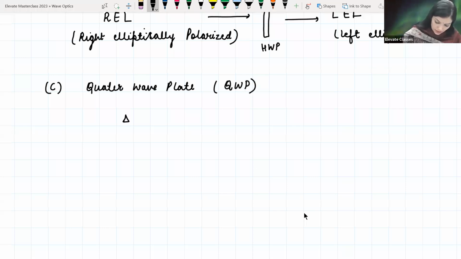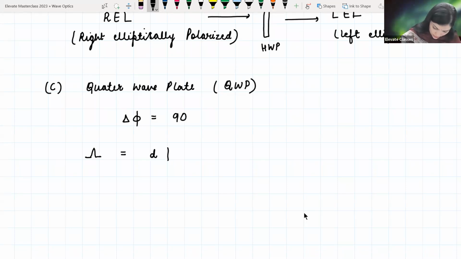So here del phi is equal to what? 90 degrees. So it is 1/4 of the total 2 pi. The 2 pi का 1/4. Quarter is 1/4, right? So that is how you can remember the names. Half wave plate is half of the 2 pi. So del phi is 90 degree, and therefore I can write the lambda जो है, उसके लिए I can write that